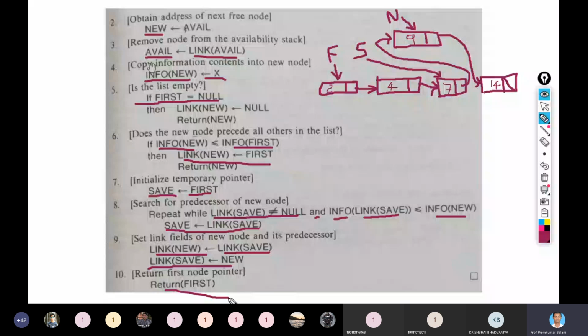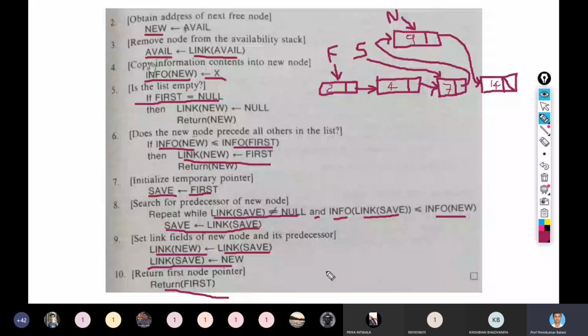Okay, any questions? Have you understood this algorithm? Roll number 23. Yes, sir. Roll number 28. Yes, sir. I'm not looking at the chat, so please unmute your mic and answer.